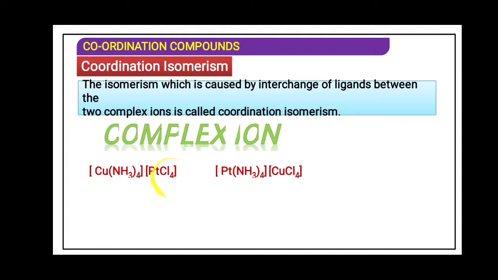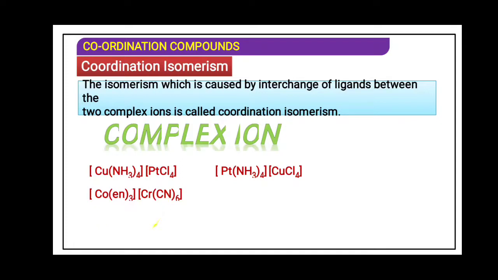What is happening over here? All the chlorine is exchanging with the ammonia. All chlorine has come to the copper, and all ammonia is exchanged with the chlorine and came to the platinum. See, you can see all ammonia came to the platinum and all the chlorine is attached with the copper. So that is said to be coordination isomerism. You can see there are 4 examples given: 1, 2, 3, 4. So very simple one. Another example, this is cobalt tris ethylenediamine cobalt 3 complex